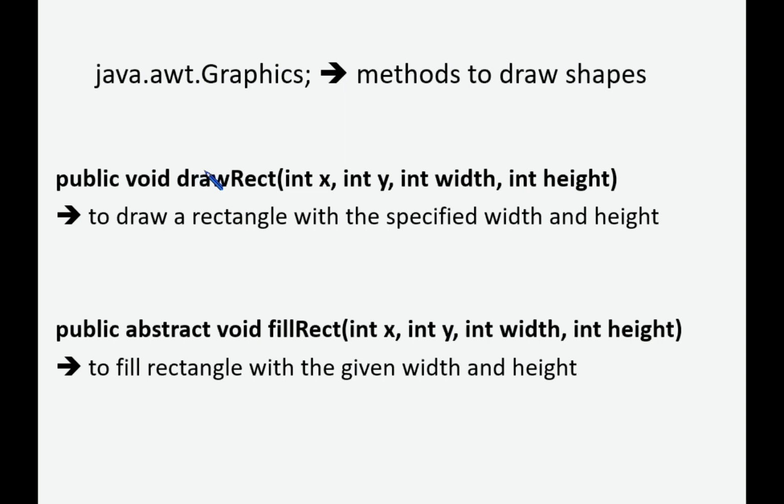Now we are going to display a rectangle. For this, we are using the drawRect method and the fillRect method. For both drawRect and fillRect, the number of arguments is the same. First is the x position followed by the y position, which indicates the top left corner values, followed by width and height. In the case of drawRect, it is only an empty rectangle, whereas in the case of fillRect, it is filled by a color.